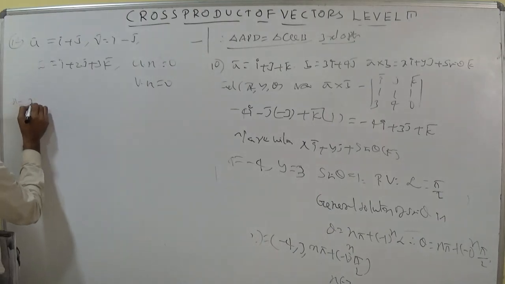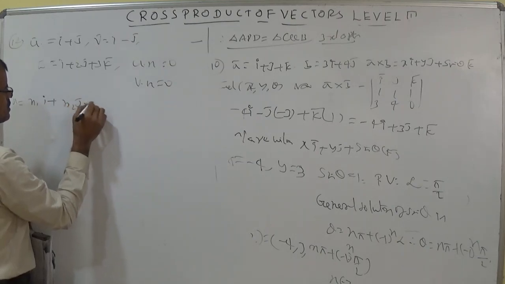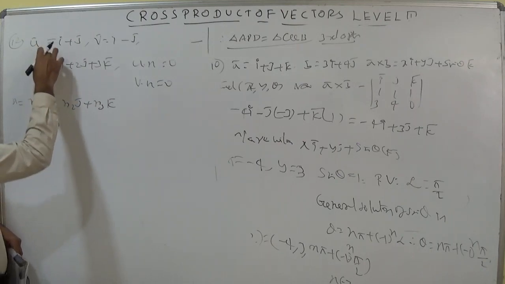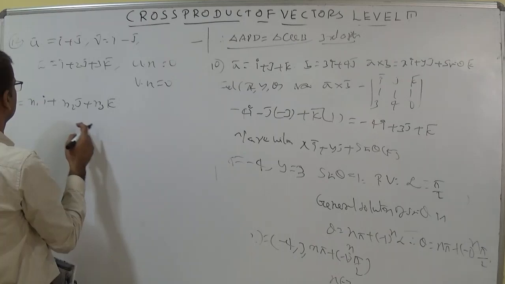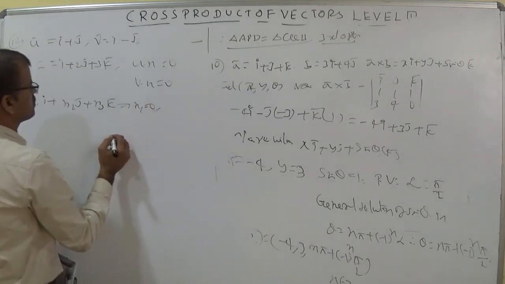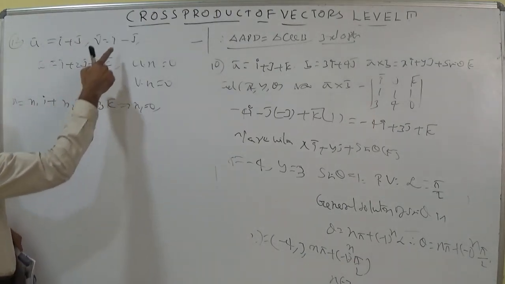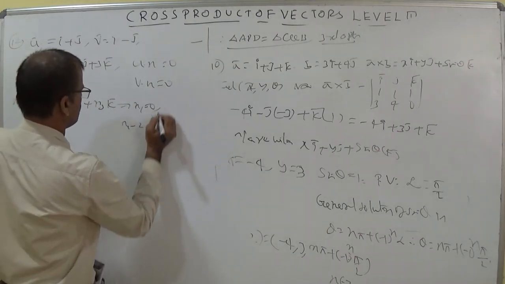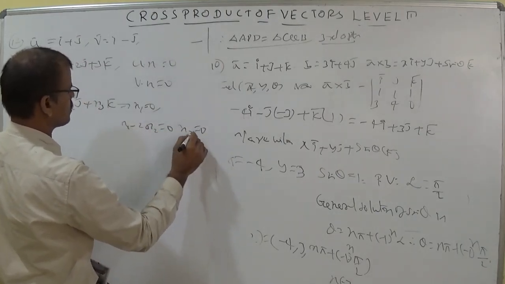If n = n1 i + n2 j + n3 k, then u bar dot n bar equal to 0, simply i dot u equal to 0. So n1 equal to 0. Next, v dot n, this is i dot i and minus 2, you can write here n1 minus 2 n2 equal to 0. So n2 also 0 because n1 equal to 0.